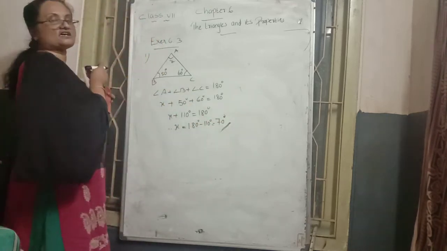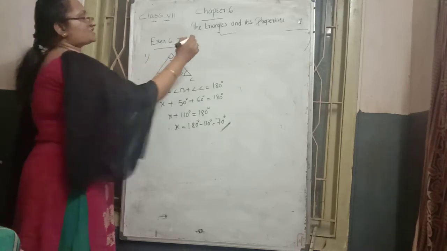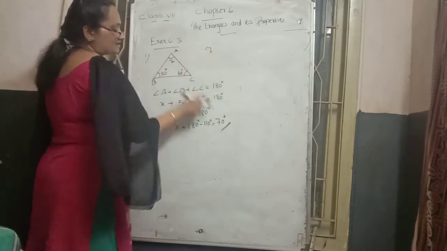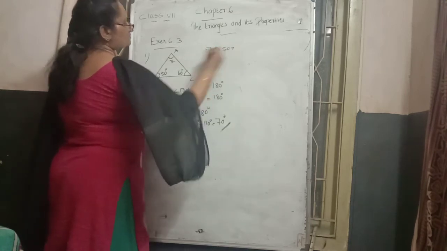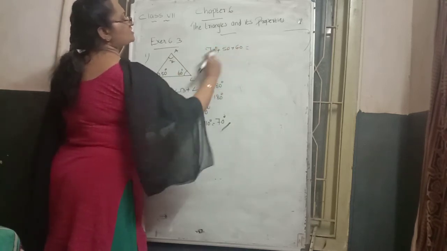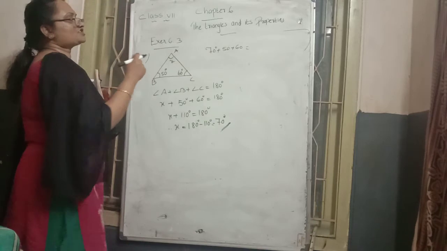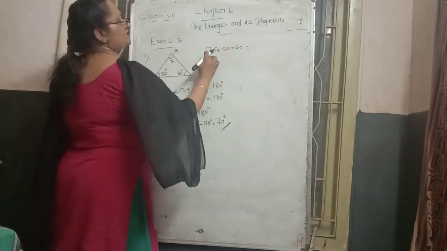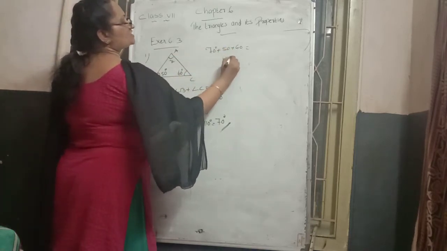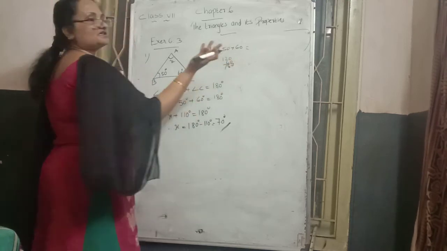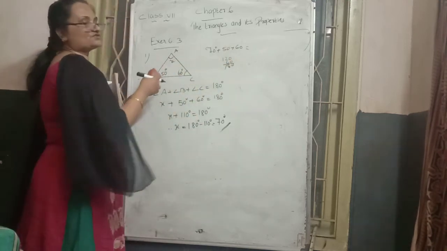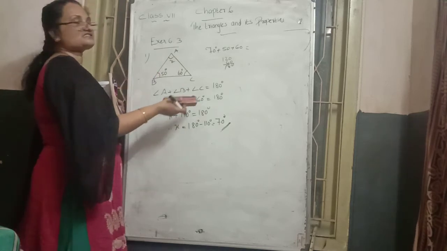So angle A we got as 70. Is it right or wrong? See, angle A now we got 70. B value is already 50. C angle is 60. Do all these 3 values add up to 180 or not? Once we can check it. 70 plus 50 becomes how much? 120. 120 plus the third angle 60 adds up to how much? Yes, 180 only. Just for checking. So our answer is correct too.